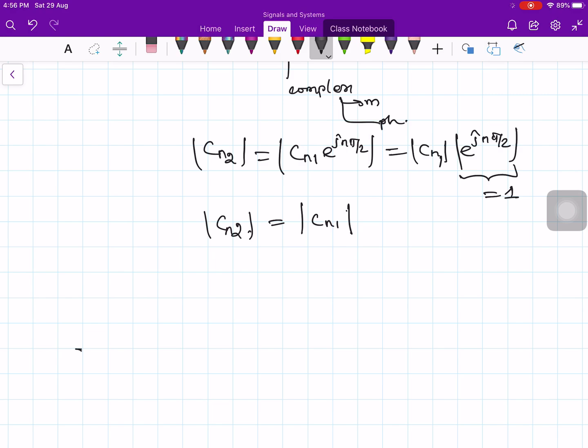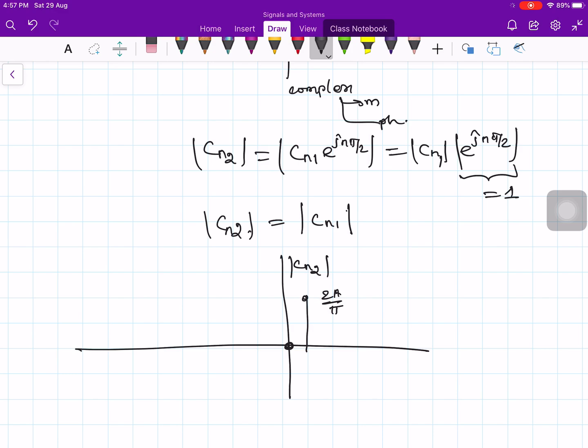So, if you plot the magnitude spectrum of Cn2, then at 0 the value is 0, and at 1 the magnitude is 2a by pi. At 2 there is no value. At 3 its value is 2a by 3 pi, and this is 4, and at 5 it is 2a by 5